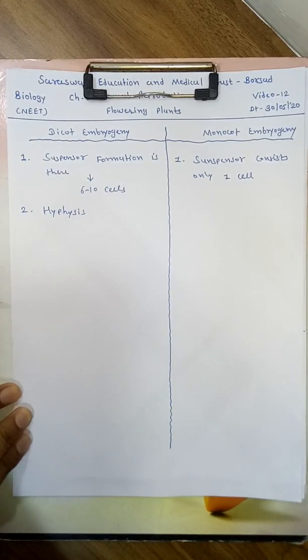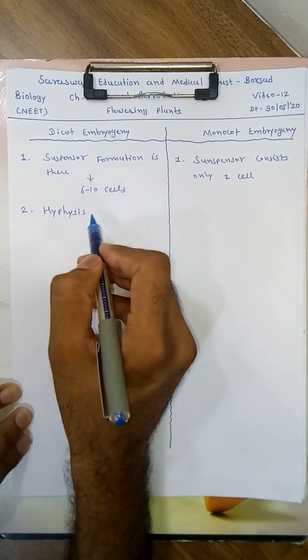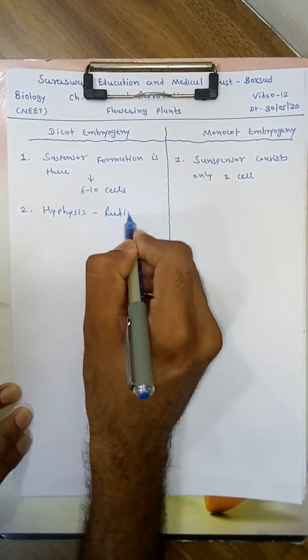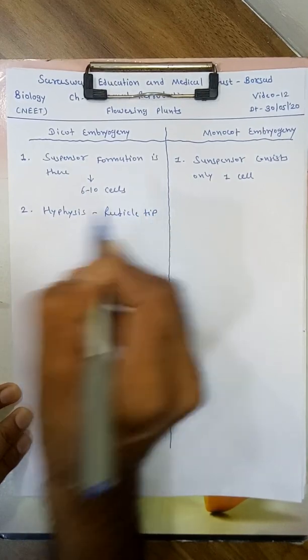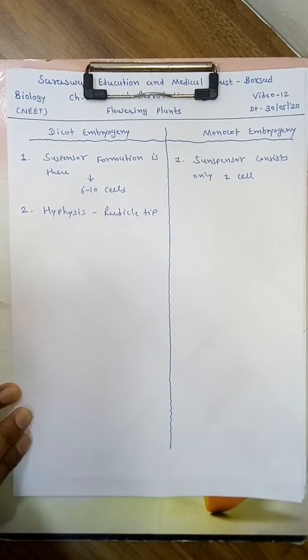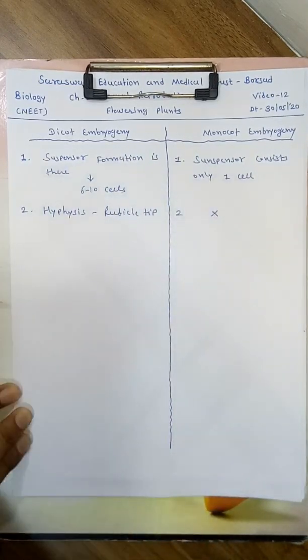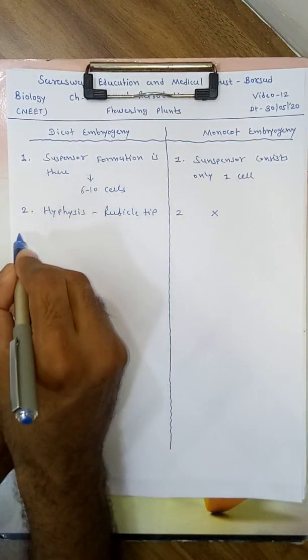This hypophysis is included in the formation of radicle tip. Some part of the radicle tip forms from the hypophysis. મૂલાગ્રનો કેટલોક ભાગ અધોવર્ત કોષમાંથી બનતો હતો. This type of contribution is totally absent in monocot plants. તો આ પ્રકારનું કોઈ કોન્ટ્રીબ્યુશન અહીંયા જોવા નહીં મળે. Third,